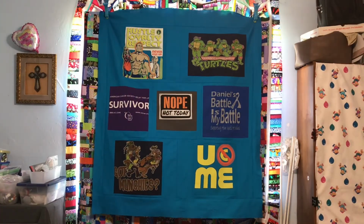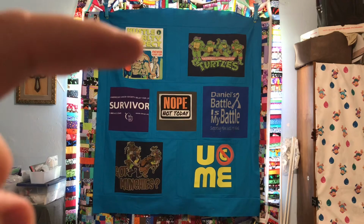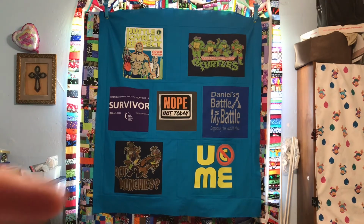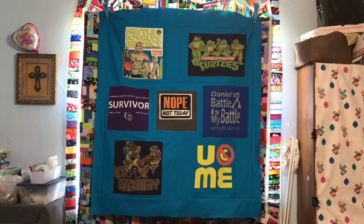But that's it. That's Sophie's quilt. I hope you enjoy it. I'm not sure if I'm going to work on Emily's or Hunter's next. Emily has a quilt very similar to this where she has some background fabric and her t-shirts. Hunter only wants t-shirts, so all of his background fabric will actually be made out of t-shirts. So his might need to be more of an actual t-shirt quilt with the grids, but I'll see what those measure out,